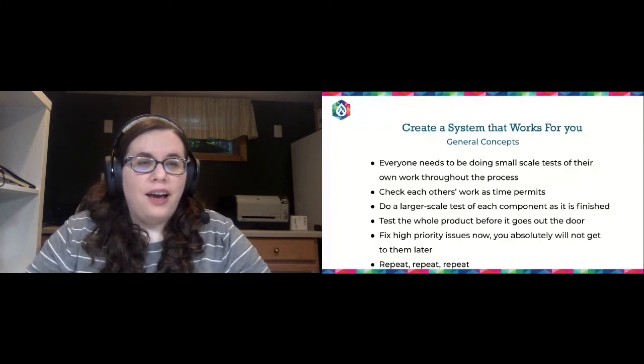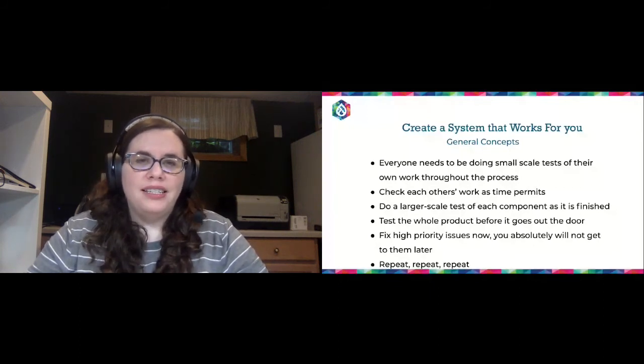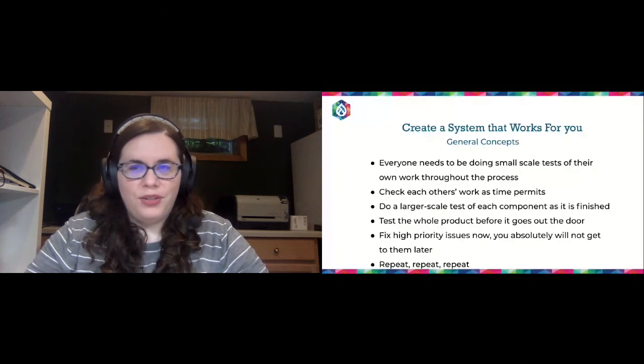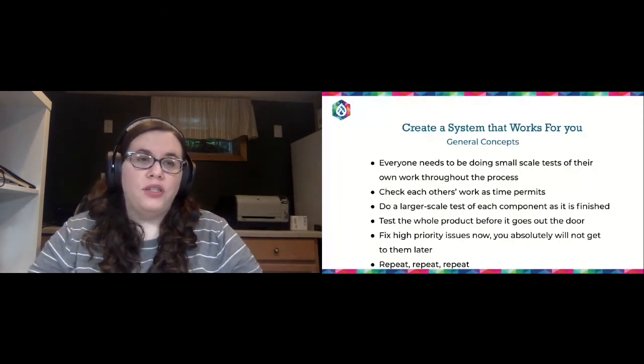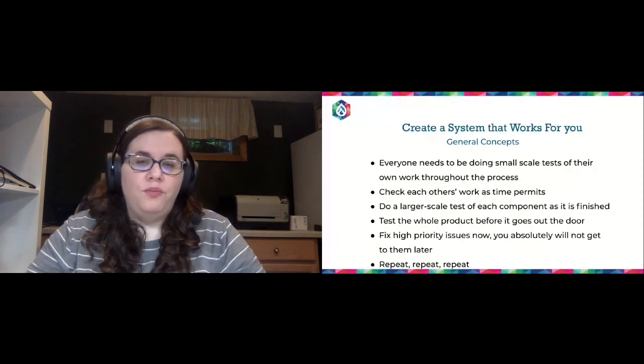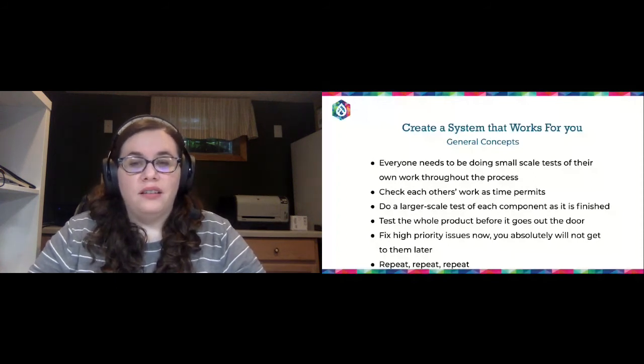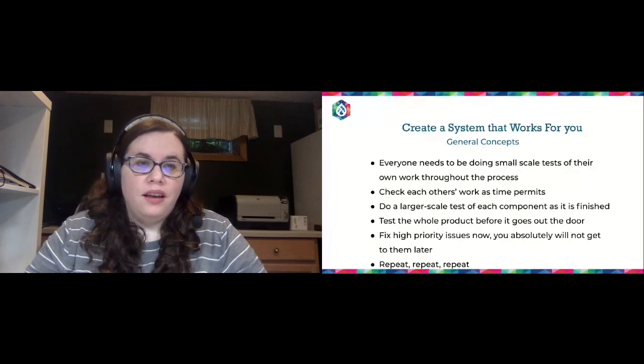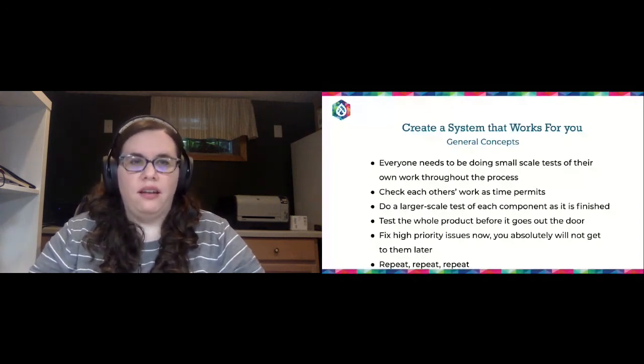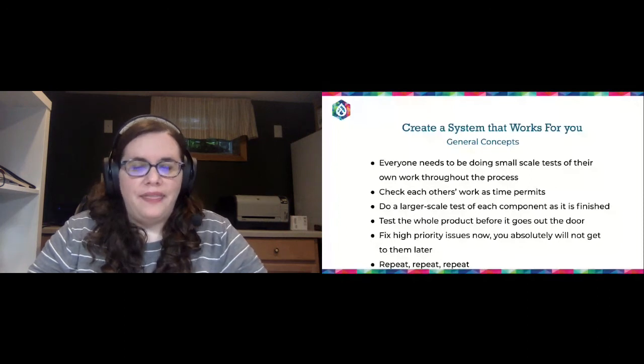I would also say remove the idea of we'll get to it later. In accessibility, that phrase is the kiss of death. You will not get to it later. You will not be able to have time for it. Something else will come up. Do it now while you still have time, because it's very unlikely that you'll be able to get back to it. And again, this is not a one-off procedure. You're going to have to do this again and again and again. And that's just part of the process.